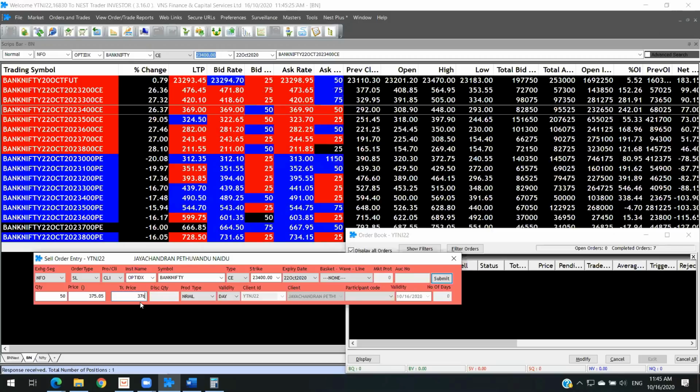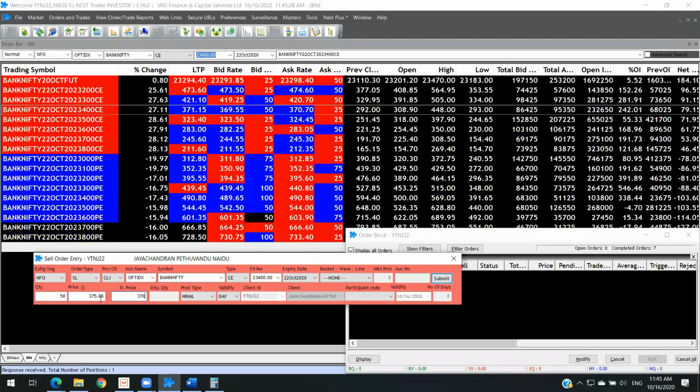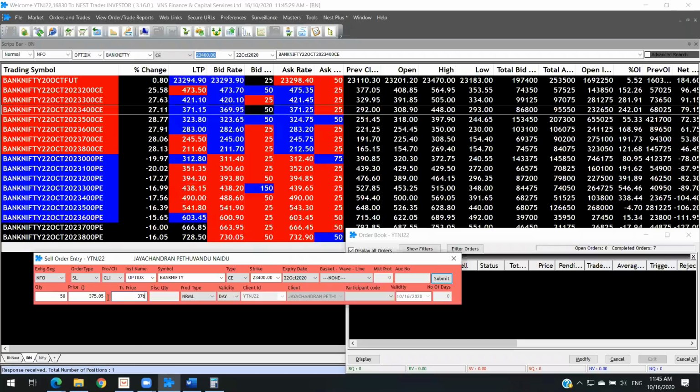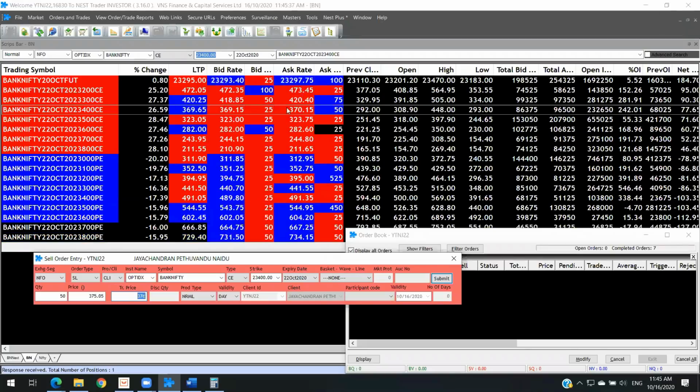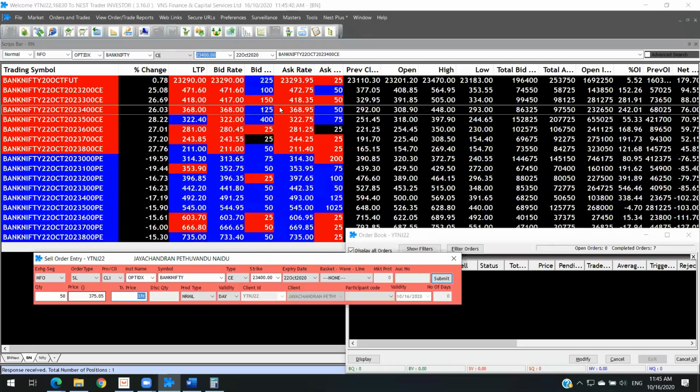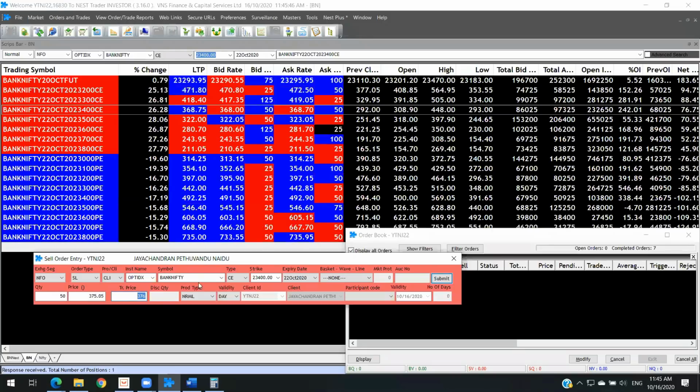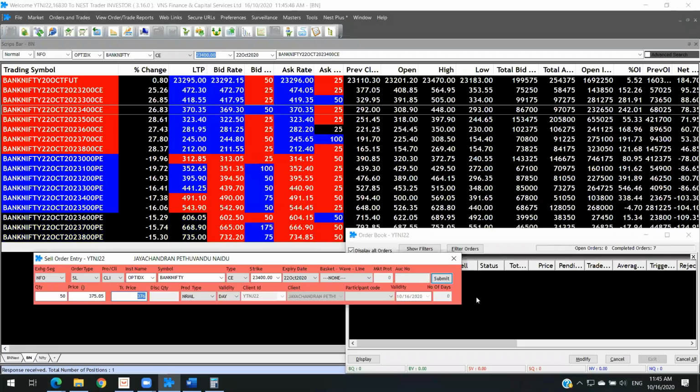So it's always important, for more than 400, to have a 3 to 4 rupee gap between the sell order price and the trigger price. Anything in that range will get triggered. Currently it is trading in a 1 rupee range, that's the reason I'm placing it with 1 rupee. Sometimes you will see a 5 rupee movement in a single tick. That means you have to place a larger trigger and price move. So that is very important. As of now, we have seen this.